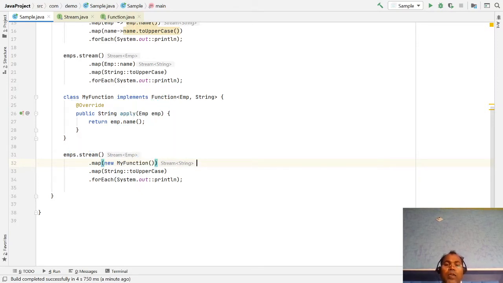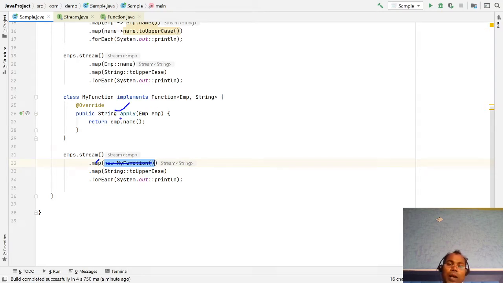So hope it's clear. We are passing here an implementation class of my function interface, and the map function knows that you are passing the implementation class of a functional interface. Each functional interface defines only one method, so it automatically invokes that method.